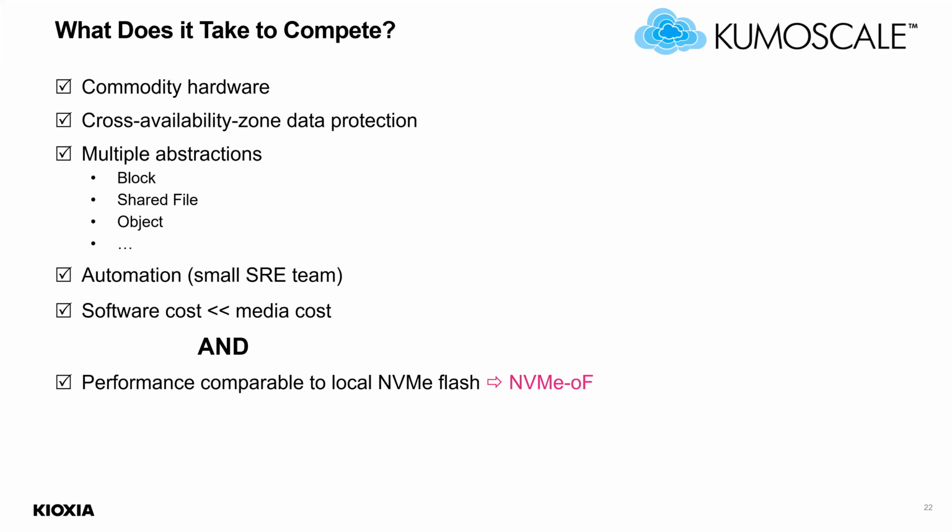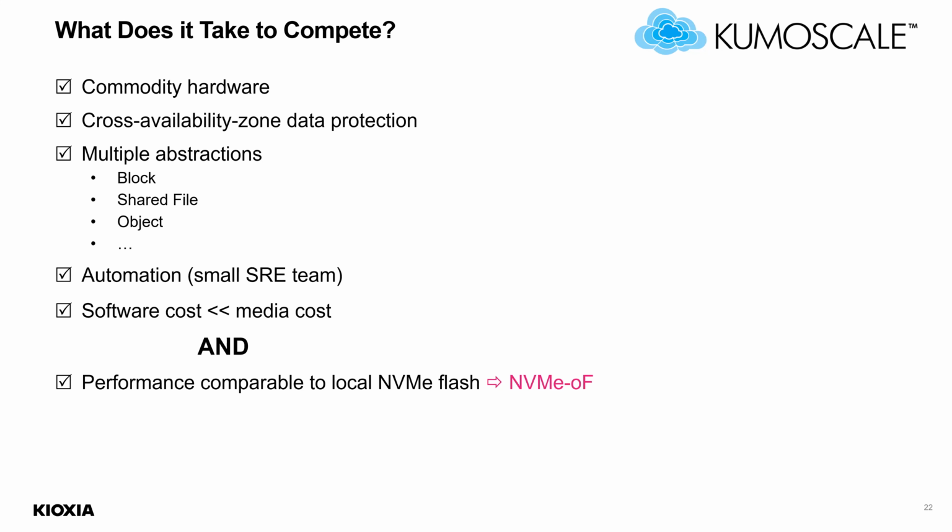And here's the important thing: multiple abstractions. Block storage isn't enough. We need shared file storage. We need object storage. And going forward, there will be queues and pub/sub databases and other abstractions. And interestingly enough, as we've served this class of customer, what we found is that while CapEx efficiency is certainly important,